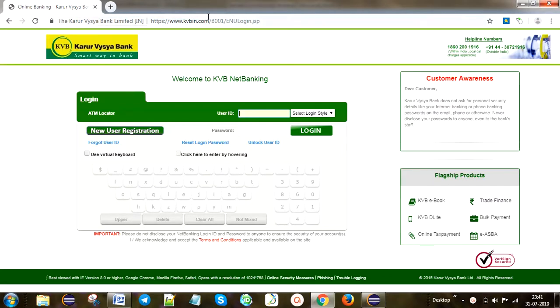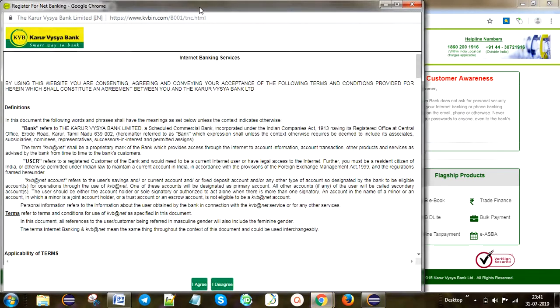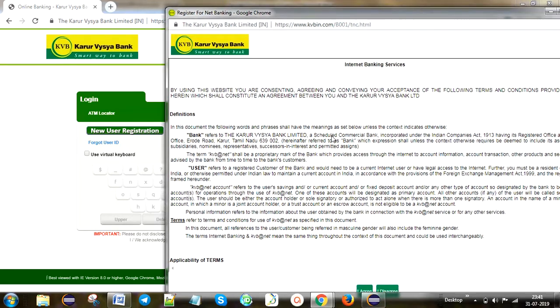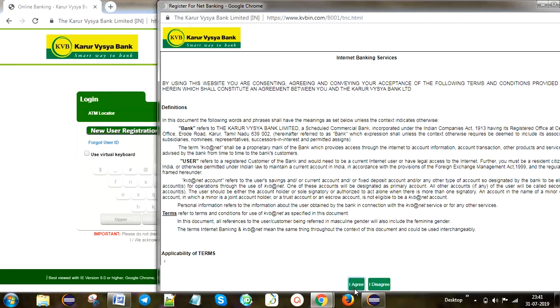Once we launch this URL, we get this page. Here I am going to click the new user registration link. Once we click on this link, we get one child window. After that, in the child window I am going to click on the agree button.